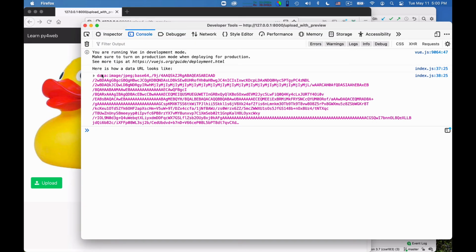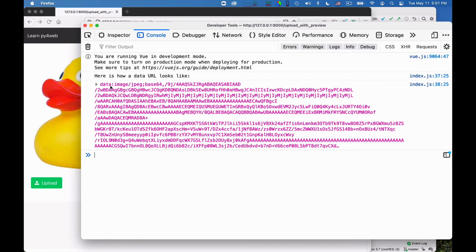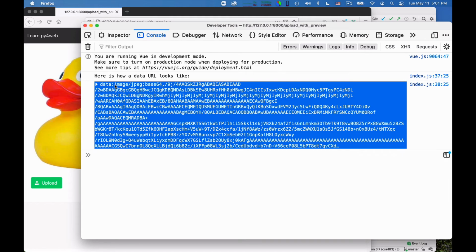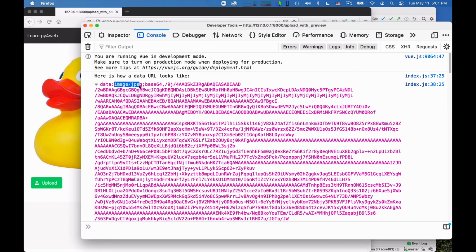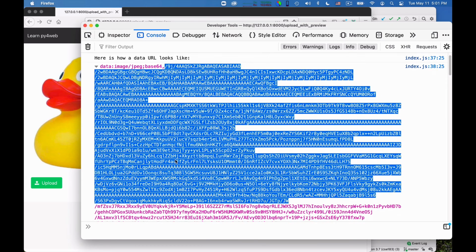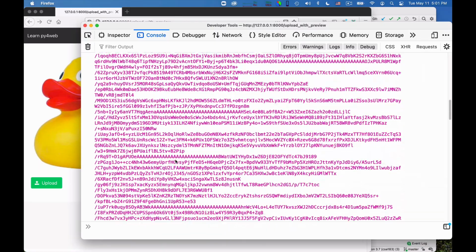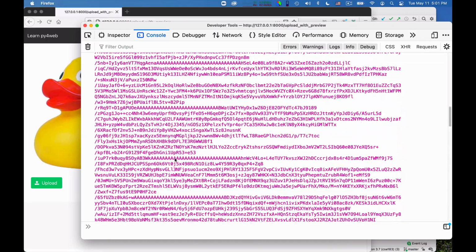So this is how a data URL looks like. I wonder if I can make it bigger. You see there is data:image/JPEG. So it gives the format of the image. It could be an image or in another framework, in another encoding. Then it says that the image bytes are encoded in base 64. Then there is a comma, and then these are the actual bytes of the image. Okay, well, it continues, I guess. So it's somewhat long. So it's a long string, essentially.